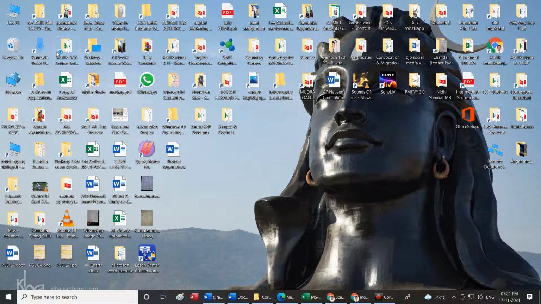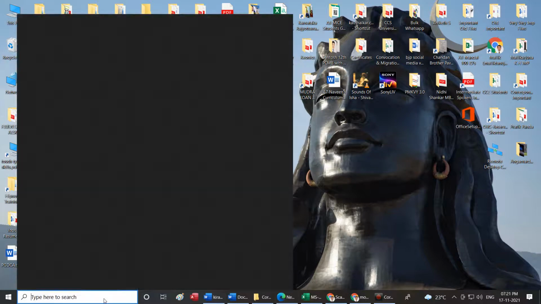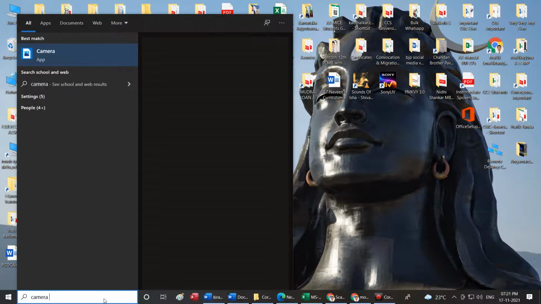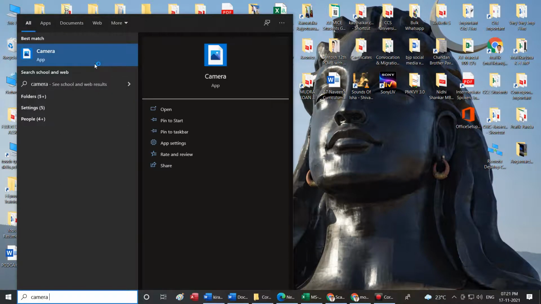Okay, so this is the scanner. Here is the MP Navigator scanning software. Once it opens, I'll show it to you. I'll keep the camera also open in case I need to show you some images for those who have missed the classes.